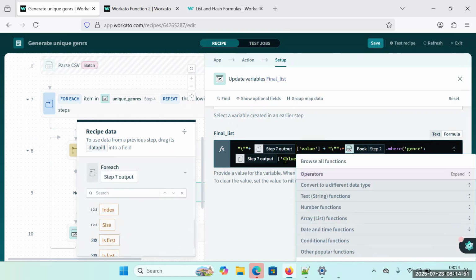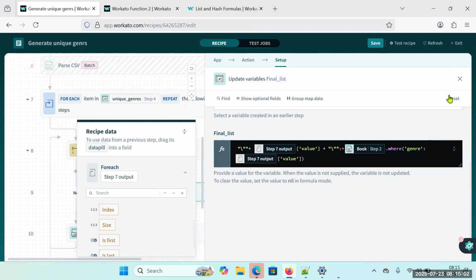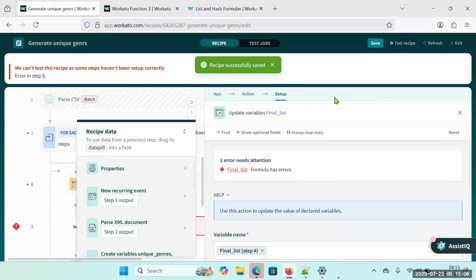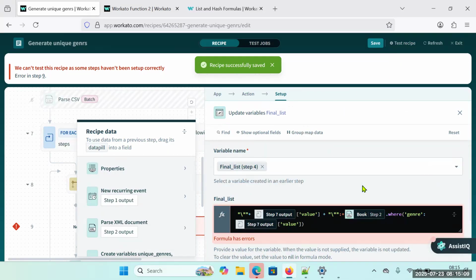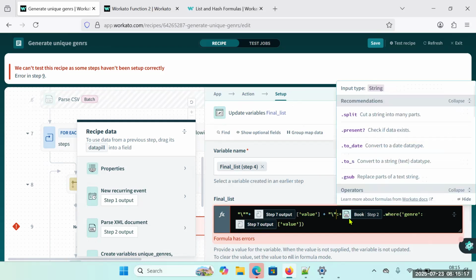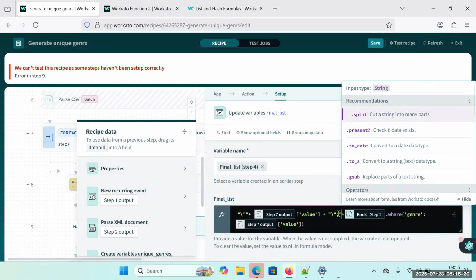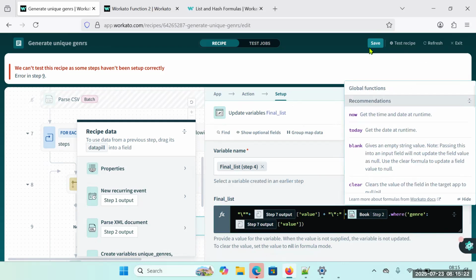Not required, because this list is the step 7 output, that is, the for each will give an object. In that object, if you want a particular key, you have to use square brackets, because the object in Ruby is called a hash. So whenever you want to fetch the values in the hash, you have to take it with this. I think you have to apply this one also. Control X. Okay, so